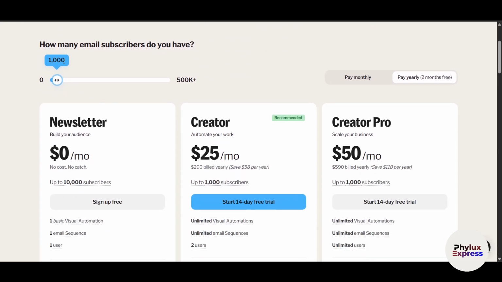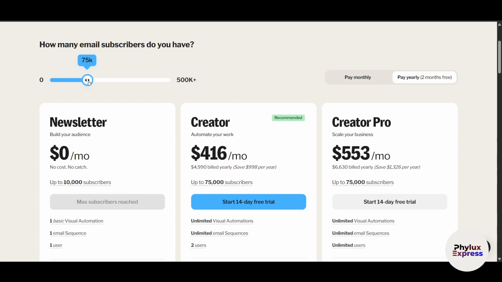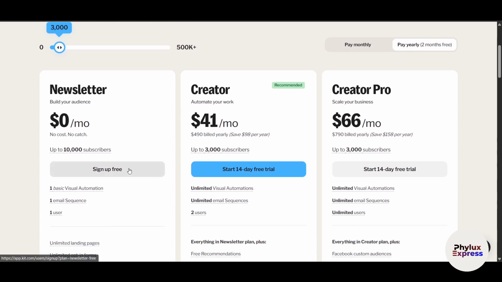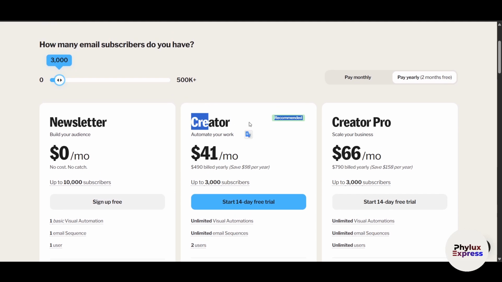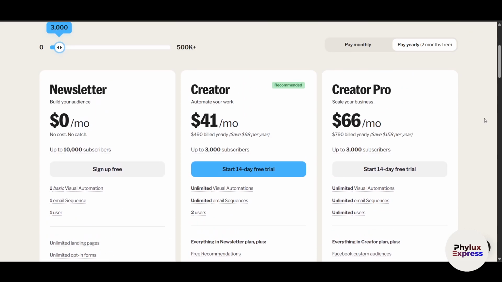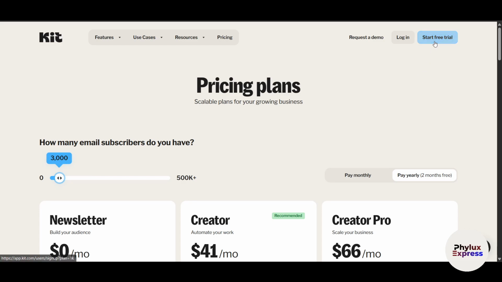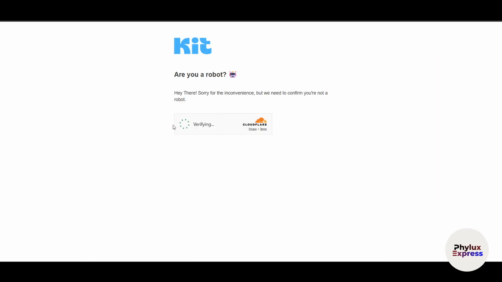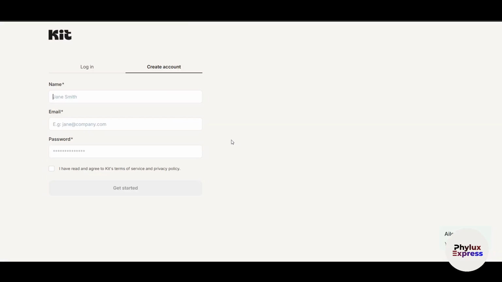So here you can see how many email subscribers you have. Let's say you have 3,000 email subscribers. Now here you can start completely free, but obviously there are two other plans, which are Creator and Creator Pro. Monthly is slightly expensive. If you buy yearly, then you will get some discount, but you can choose any plan and you will get a 14 days free trial. So let's click on start free trial, whichever option you choose here, and it will ask